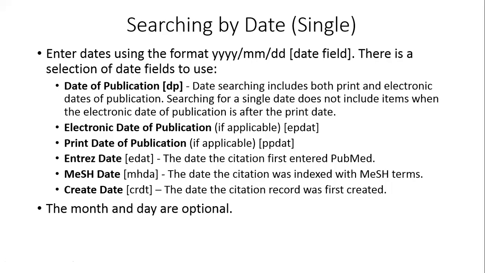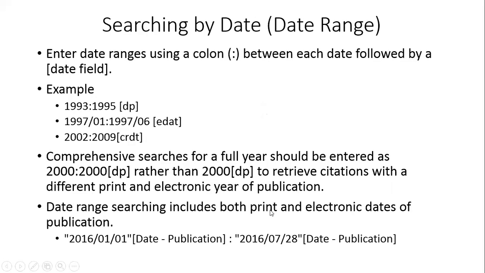Okay. So the month and day are optional in case of date searches as such. Now you can also search PubMed using a range of dates. So how many articles are published between